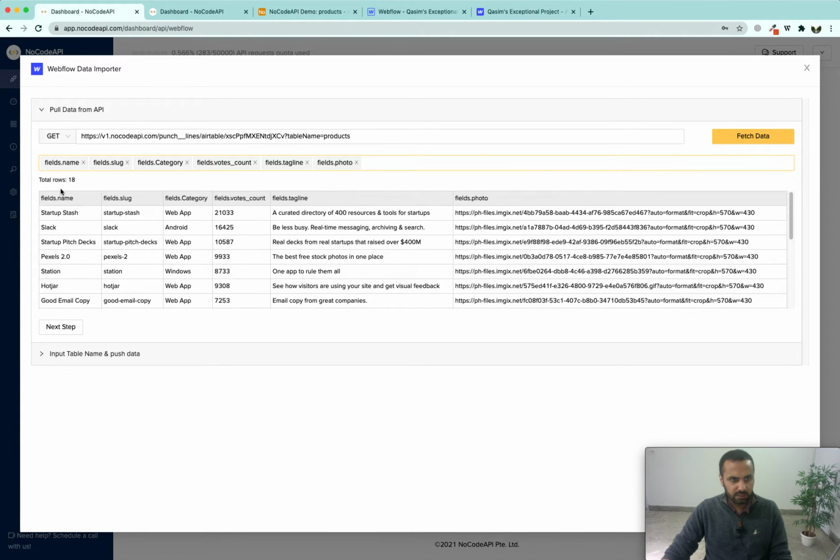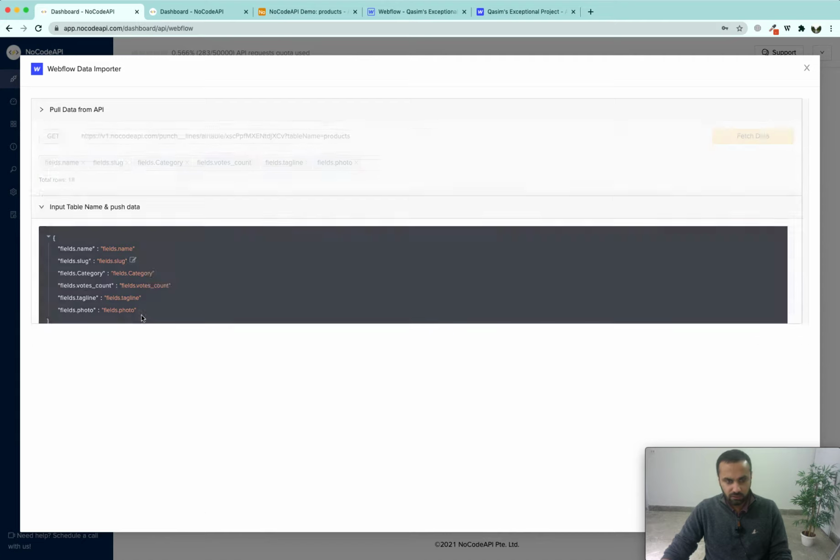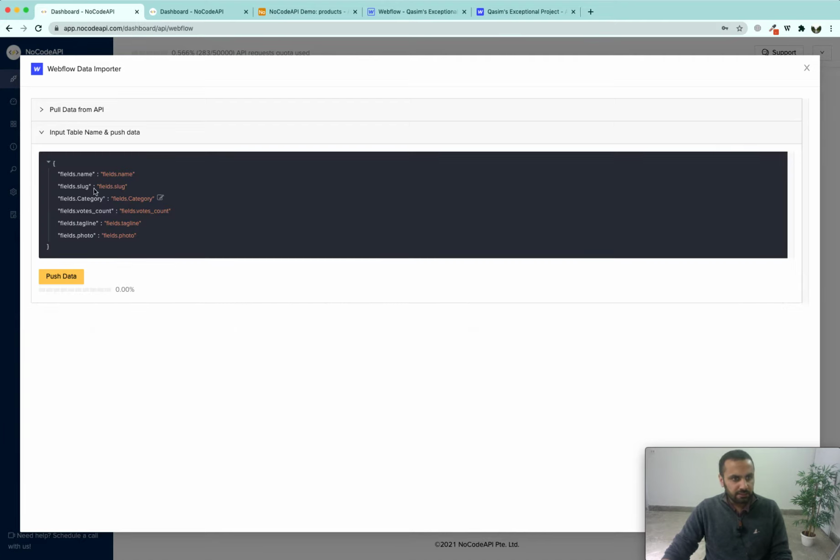Once we click all the selected fields which we want to import to Webflow, we can see that it is showing us the total number of rows, and it is going to tell us the format of the data in which we are going to see it in Webflow. Next, we have to properly format the data before pushing it to Webflow.